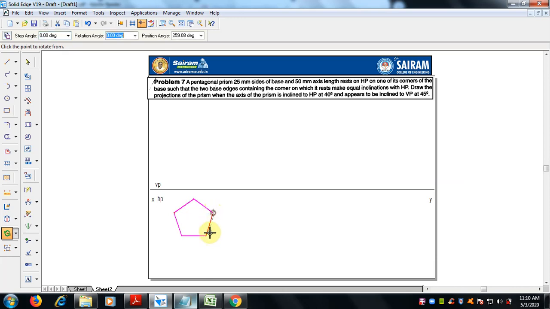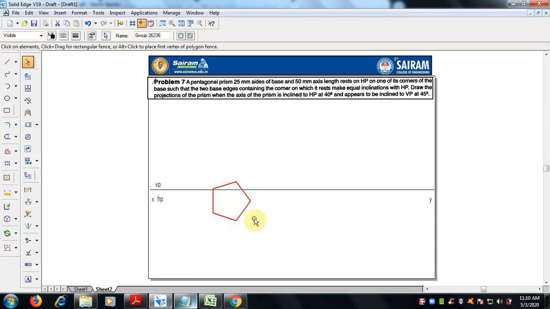It should rest on its corner. If you select this, the corner is 90 degrees, this one edge, if you keep it like this, you will get the corner here. You can select any point, but finally we have to keep the corner on this side. Okay, this is the main thing.